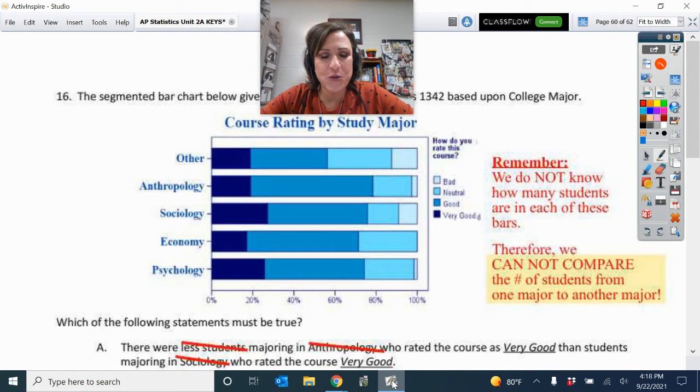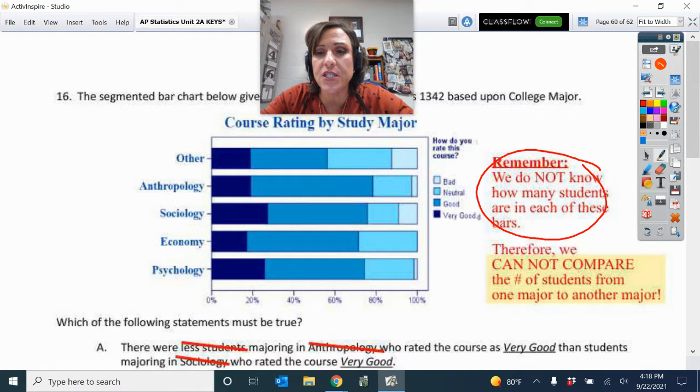All right, let's finish this review out. Now, on this particular problem, we see that we're rating the Statistics 1342 based on your college major. Well, again, we do not know how many students are represented in each one of these bars, which means that